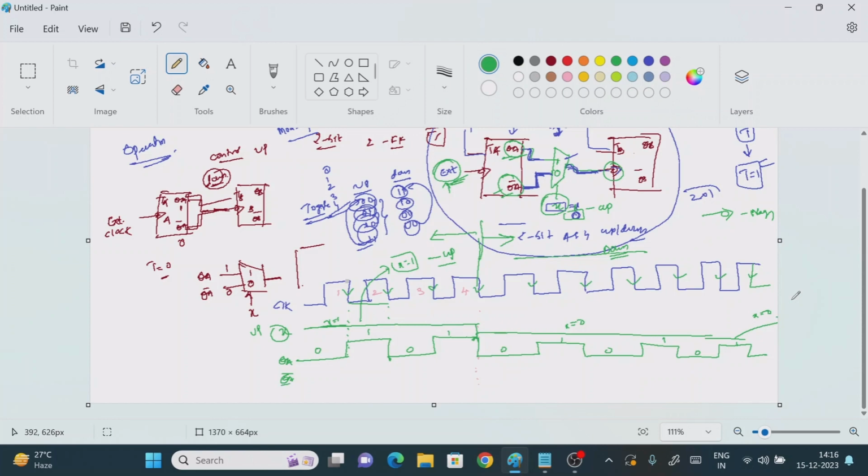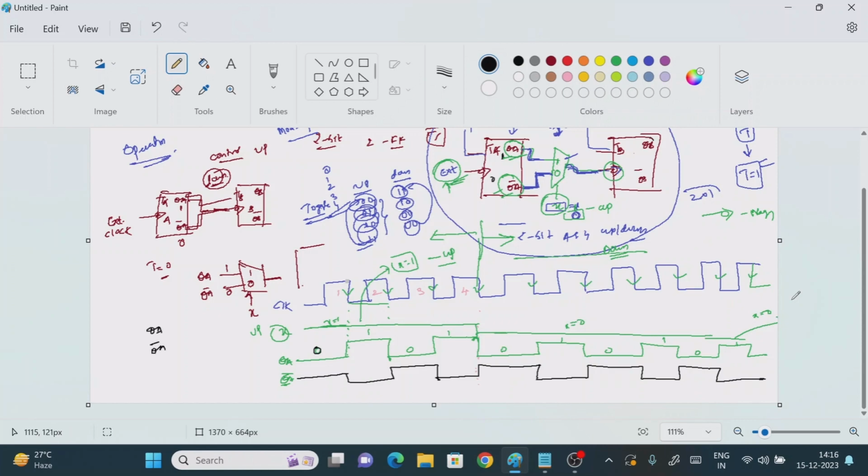Up to this one, up count is activating, and in this direction down counting is activated. Now what is the meaning of QA bar? It is just the complement of QA, right? It means that if it is 1 it should be 0. So here it is 0, what is the value here? 1, right? So now it will be 0, now it will be 1, the opposite of QA. Then 0, next 1, next 0, next 1, then 0, then 1, then 0, right? Now the clock pulse, or the output of QA bar, is completed.